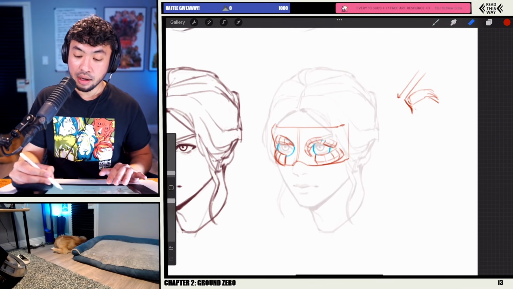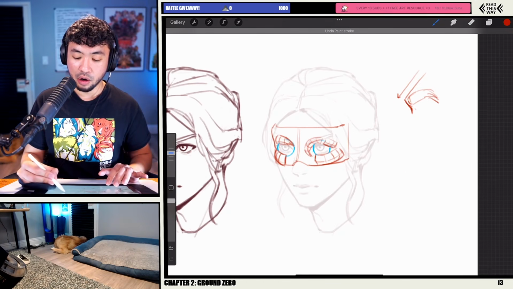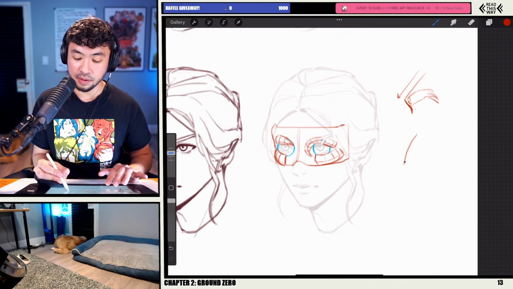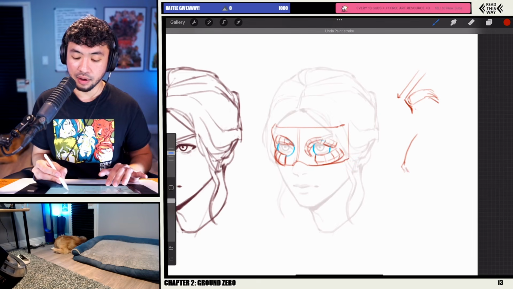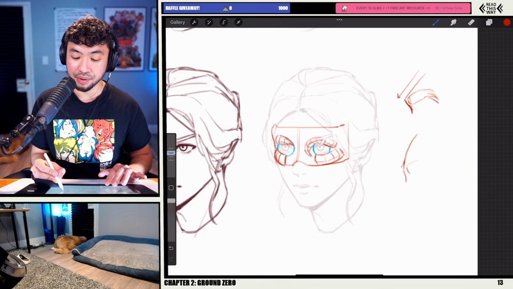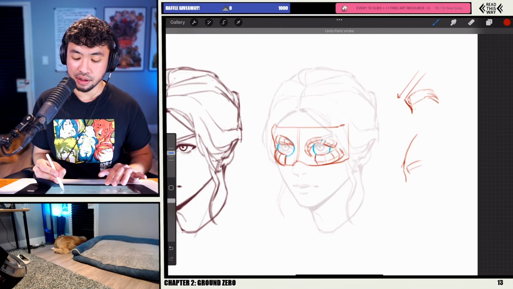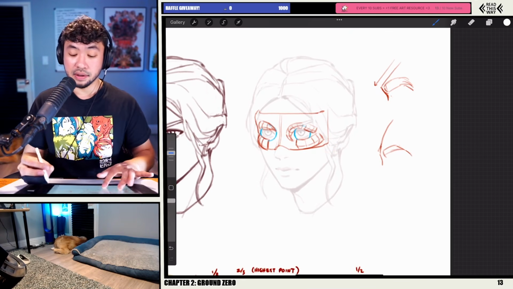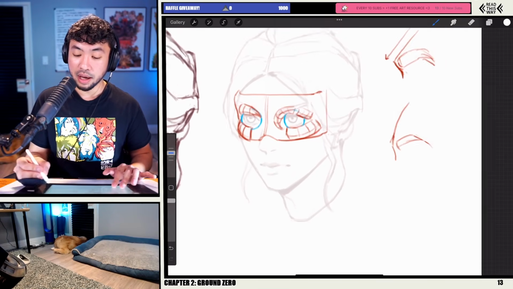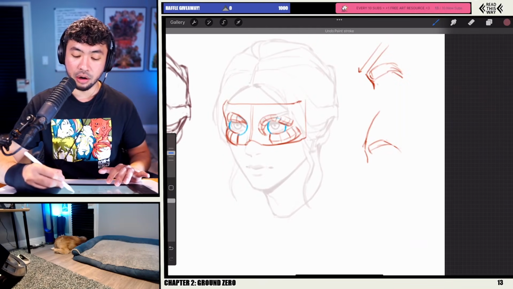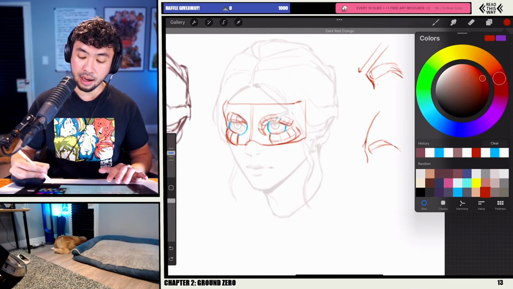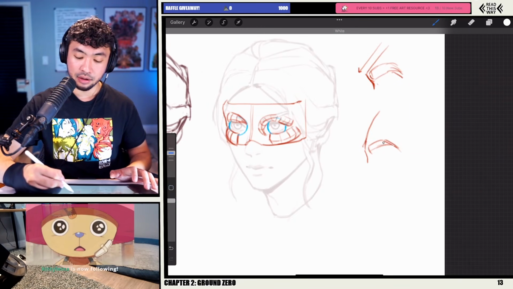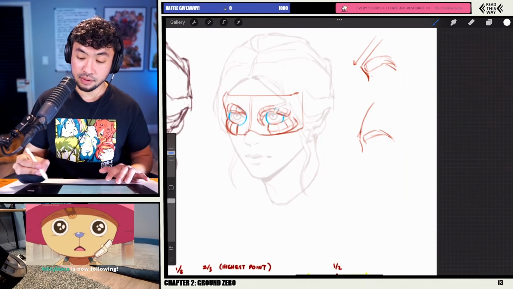This is the brow ridge here. With a female character, you might have more of a rounder forehead here, like this, right? With a much more subtle gradation there with the nose and the brows. And so sometimes having these small details can really go a long way for quickly establishing whether or not your character is male or female. And again, this is not necessarily to say that all males will have a prominent brow ridge or all females will have a round brow ridge, but let me do it like this so you guys can see the